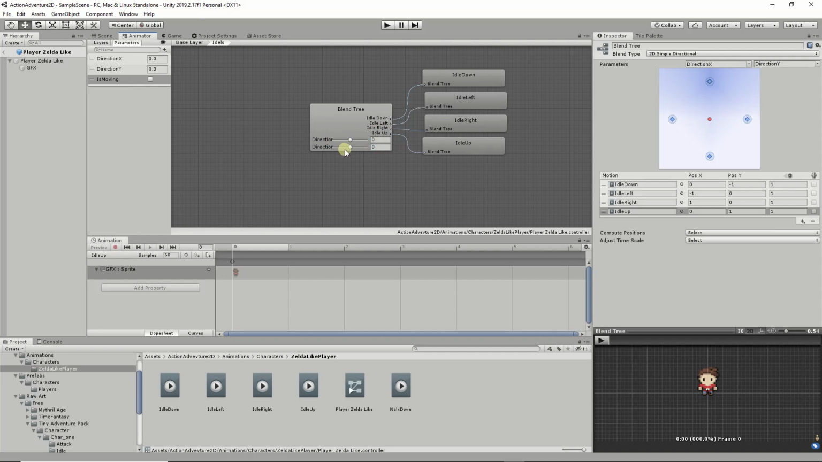So if this is automatically set to 0, 0, if you notice, it's playing the down animation, because the down animation was the very first motion field. Our position doesn't correspond to anything that is set here, so it automatically picks the first motion field and goes from there. Just so you have a reference. That's why left, right,